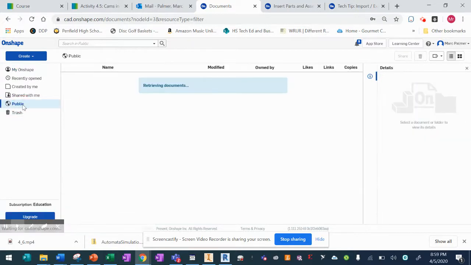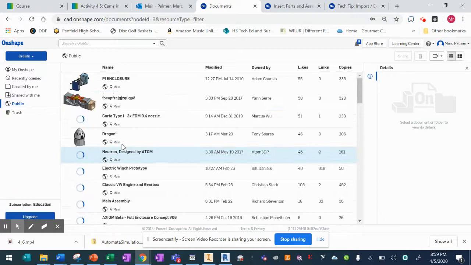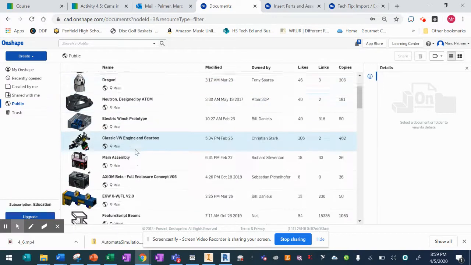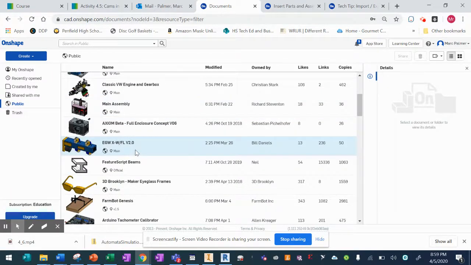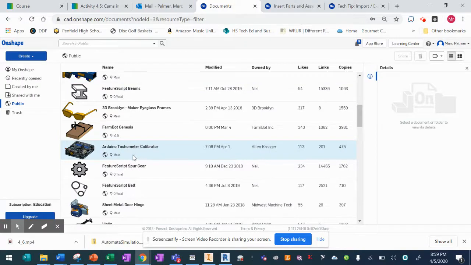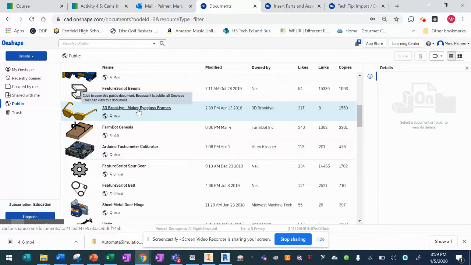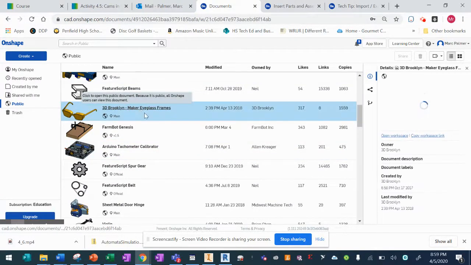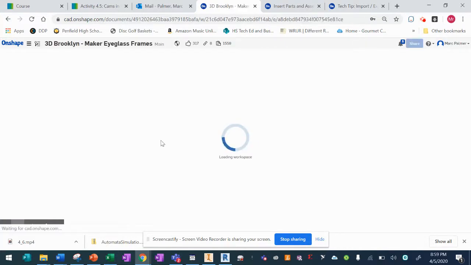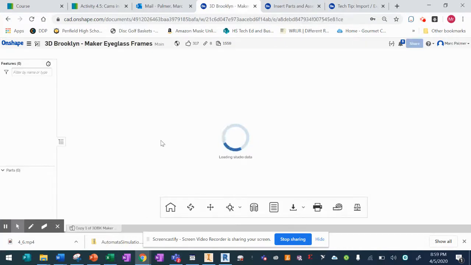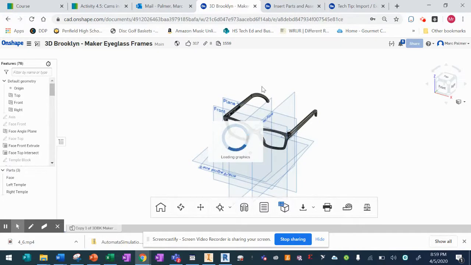So I want to find any public document here so you can get a feel for what you might be seeing. I'm just going to use these Brooklyn sunglass frames here. And hopefully when you click the link I posted, that's bringing you to my